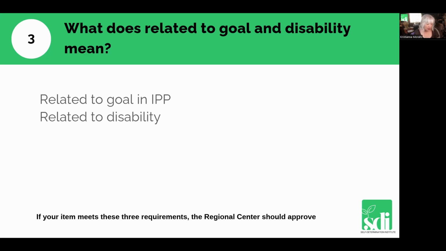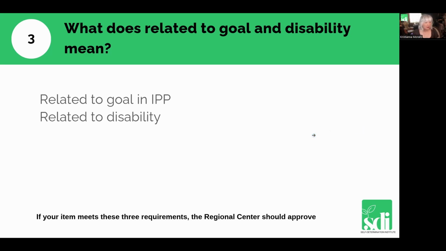This one's a hard one. Let me think of a good example. Might be you have a minor and they want a bicycle. If this is just a standard everyday bicycle and you would normally buy a bicycle for an 8-year-old, a 7-year-old, then you couldn't put it in the spending plan. Now, if you need an adaptive bicycle for a specific reason, then you could put it in your spending plan because now it's related to the disability. So think about that. You do have things that are your typical parental responsibility, things that you would normally pay for, that you can't put in your spending plan. But something like this that is related to their disability, then you could put it in there.